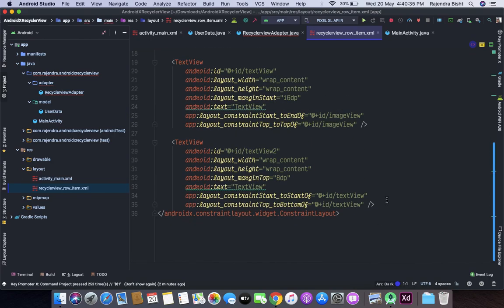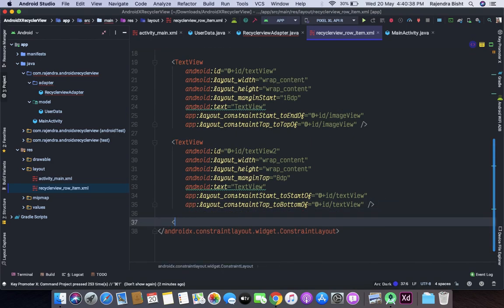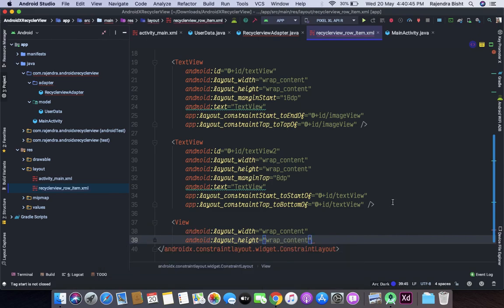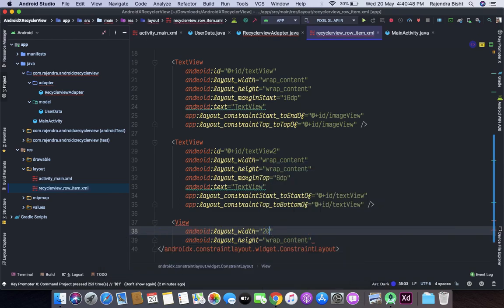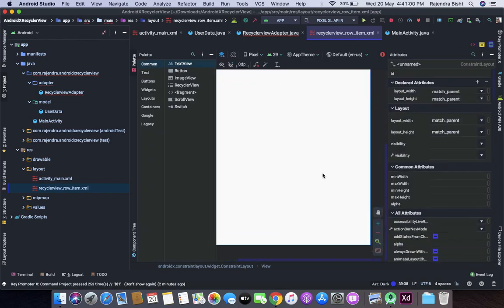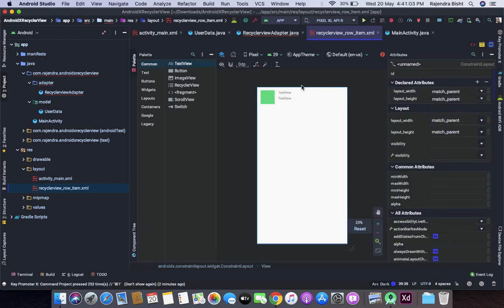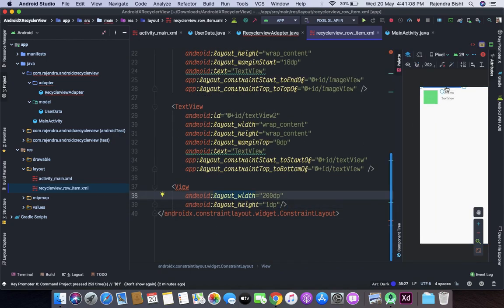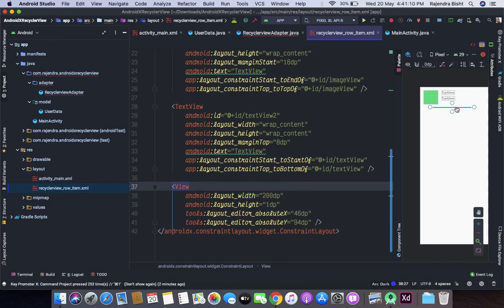Now I will add a custom view for making a separator. So let's view, wrap content. Let's say 200 dp, and here I will take the height like say 1 dp. So here this is our separator.